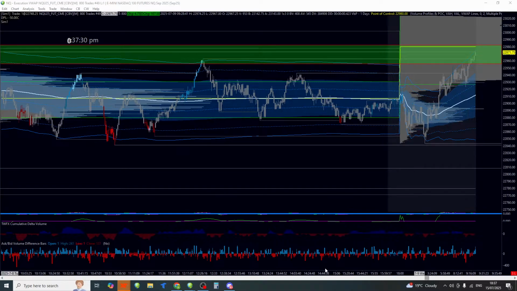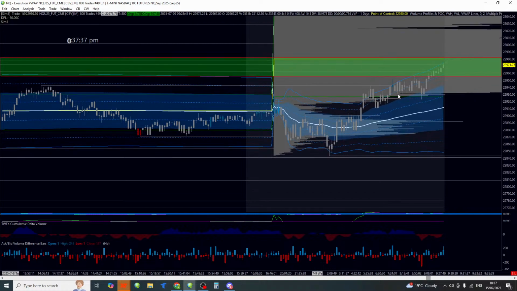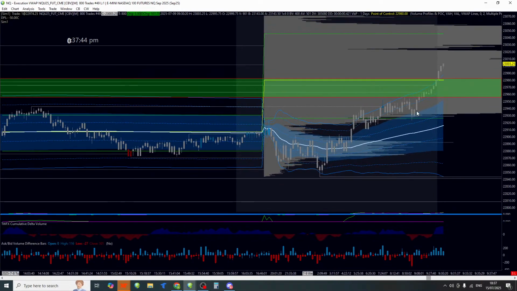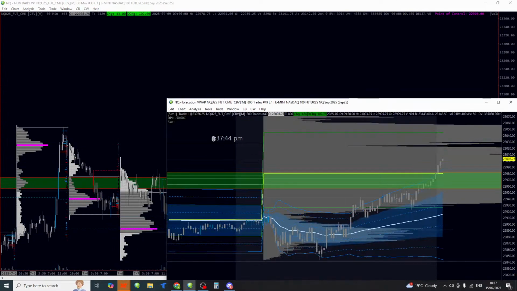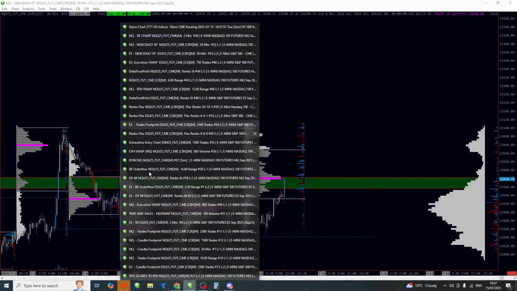So I'm just going to zoom in a little bit here. So you can see these candles, right? We've retested the edge of this Asia high. VWAP's trading upwards, right? We're in a bullish condition here. So I know now what's going to happen is we're going to break out of this range and trade into this area. So if I look at the footprint chart now,